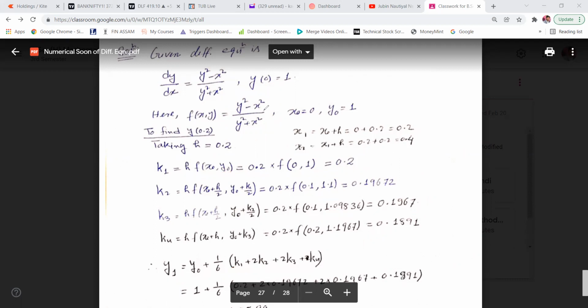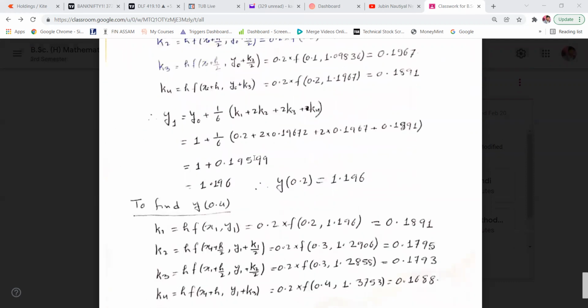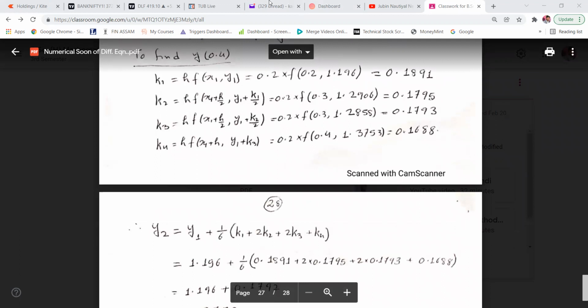Okay, so next you need to put n is equal to 1. If you put n equal to 1 in the general expression of RK method, that will be y2, that is y n plus 1, that means n equal to 1, so 1 plus 1, that is 2. y2 is equal to y n, n means 1, y1 plus 1 upon 6, k1 plus 2 k2 plus 2 k3 plus k4. So this is what you get when you put n equal to 1.